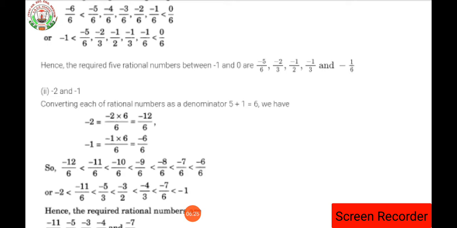If you want to increase the number, you can increase that. 5 will be added by 2, it will become how much? 7. Okay, 3 will be added by 3, it will become 6. 7 will be added by 2, it will become 9. You can change the number according to the requirement of the question. If it is asked 10 rational numbers, then you can add the greater number. If it is asked a smaller count, that means 2 rational numbers, 3 rational numbers, then you can add the smaller numbers, depends on you.